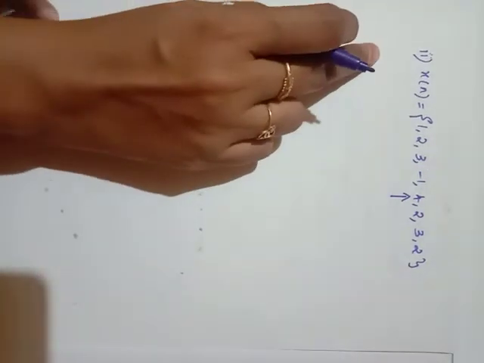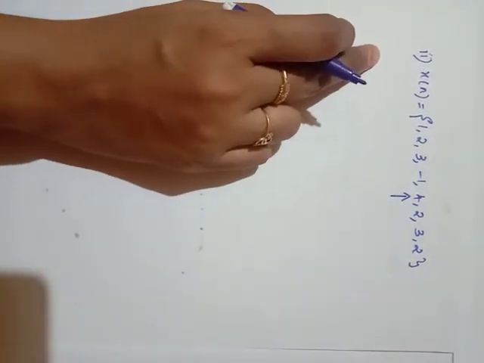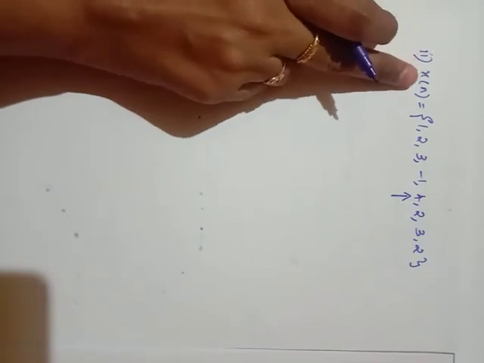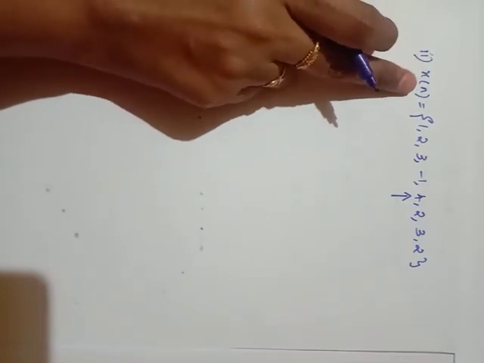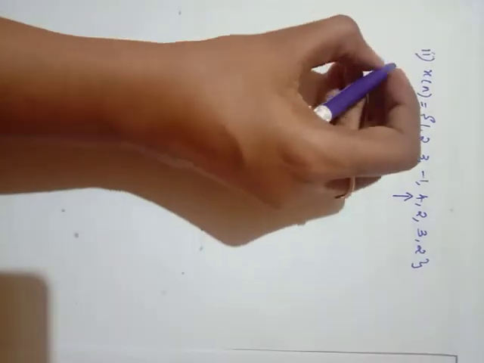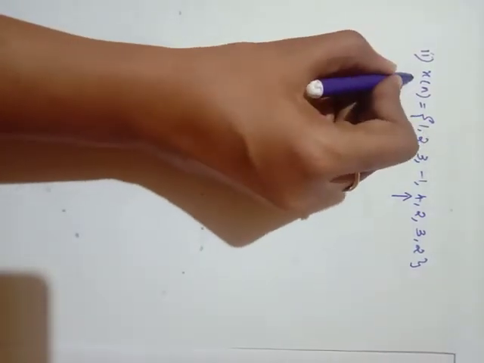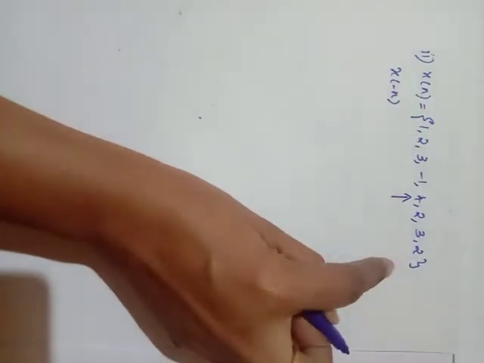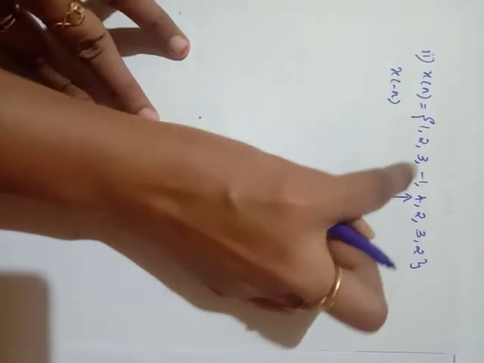Now consider the second problem. Same time reversal we are going to do here, but the thing is here it is a discrete time sequence. How is it a discrete time sequence? It is represented by x of n. Now I am going to perform this discrete time x of minus n. So listen, here there is no mathematical expression, because here you are having discrete values.